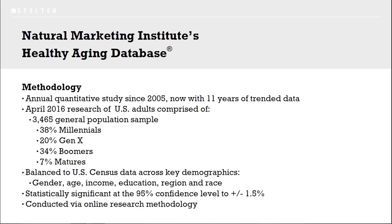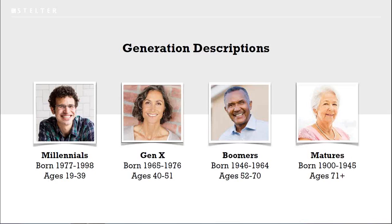So I'm going to move on from there and just get down to some basics. I think it's always good to review ages when we're talking about generations. The time slips away so fast, and in another couple of weeks I'm going to have to change these numbers again. But when we refer to millennials today, we're talking about individuals between the ages of